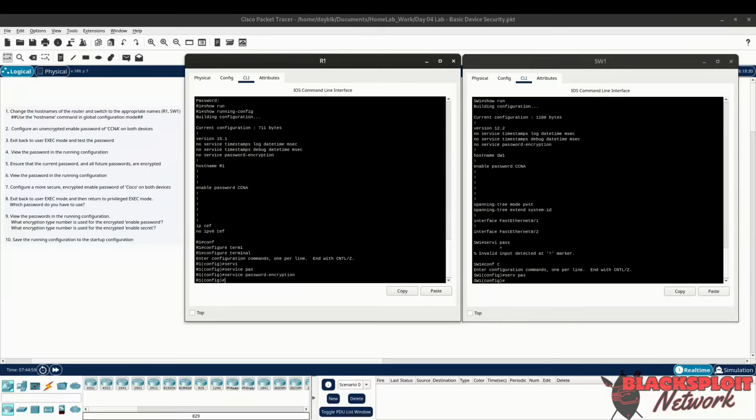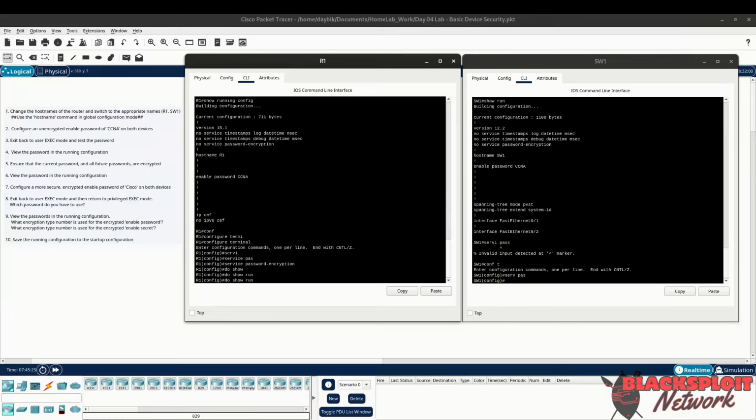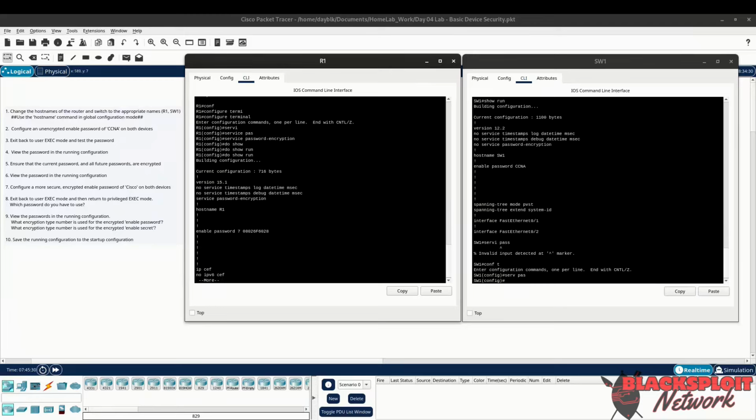Okay, so if you're in global configuration mode, to execute the show command, you'd first have to insert do show running. That'll be do show run, enter, and there it is. This is, yes, encryption type 7, and now we can't see our password CCNA. Now to perform the same task on the switch,